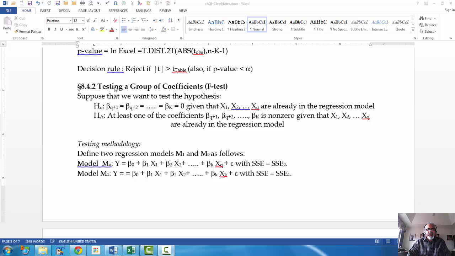Next, we're going to look at what is called testing for a group of slope coefficients, and we'll be using what is called an F-test or an additional F-test, and we're going to discuss this with a new example. So first let's look at the example and then we'll come back to this test. So let's go to the Excel file now,